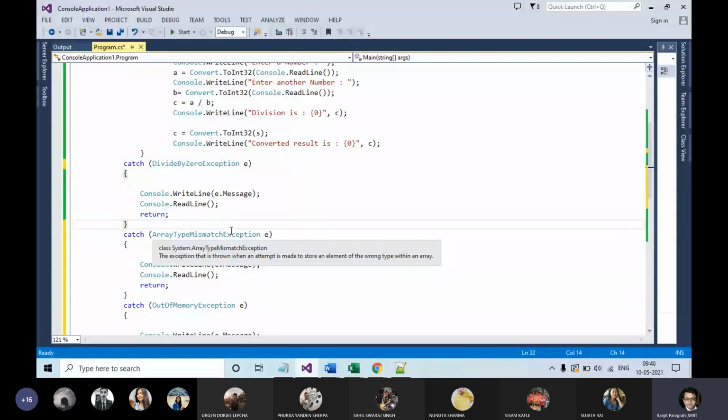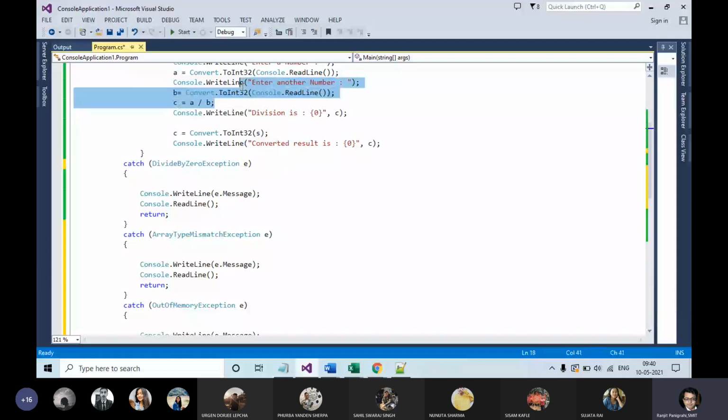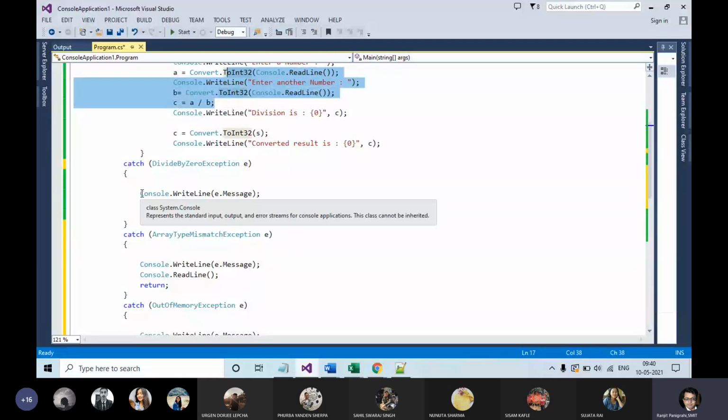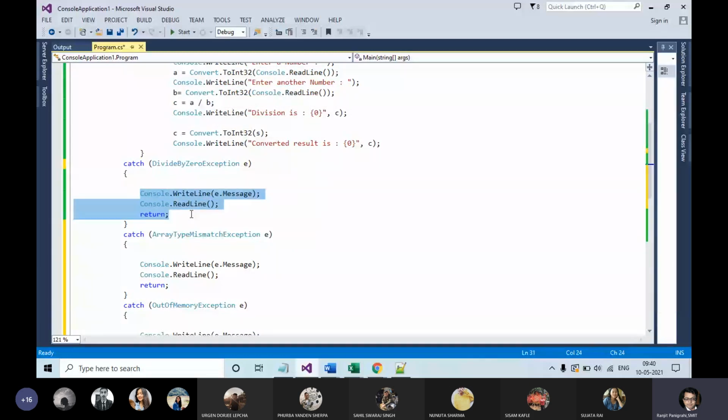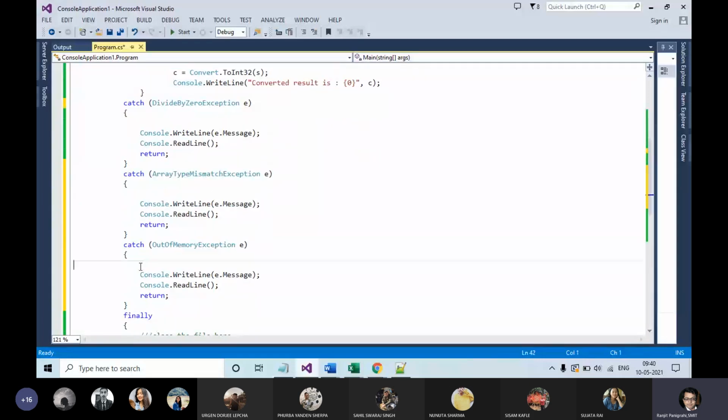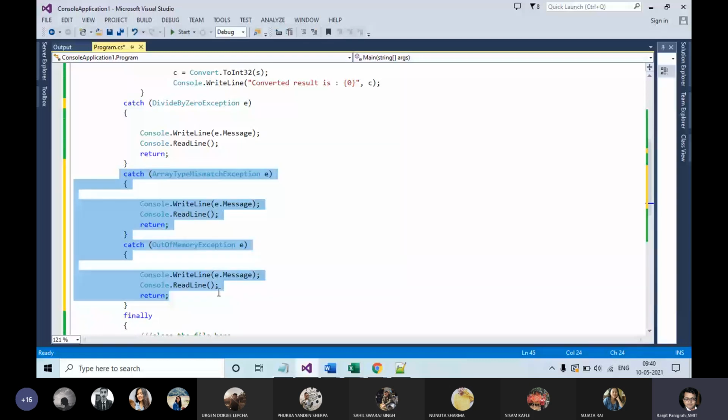So here is a result. If an error occurs related to divide by zero, then control comes to the divide by zero block. If an error occurs related to memory, then control comes to the memory block and the appropriate message will be shown. Otherwise, you can simply provide the exception object at the beginning, and these other blocks are not required. In that case you are using a generic handler, meaning whatever error occurs, you display a single specific message.